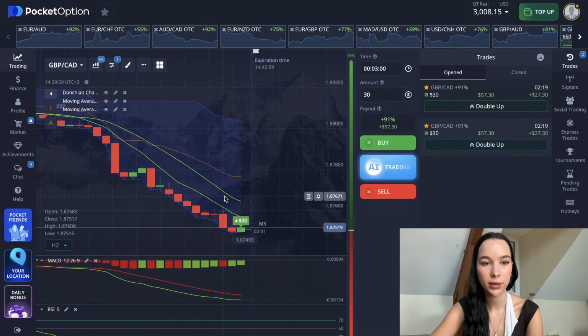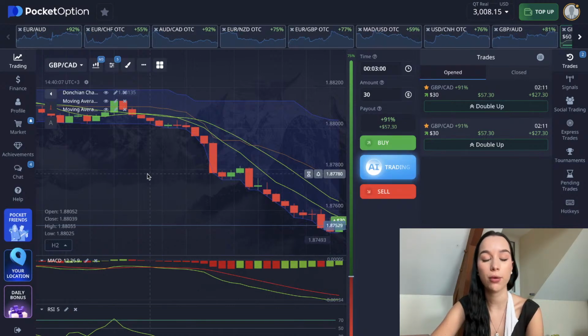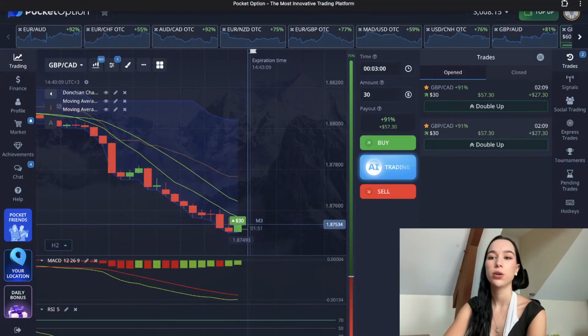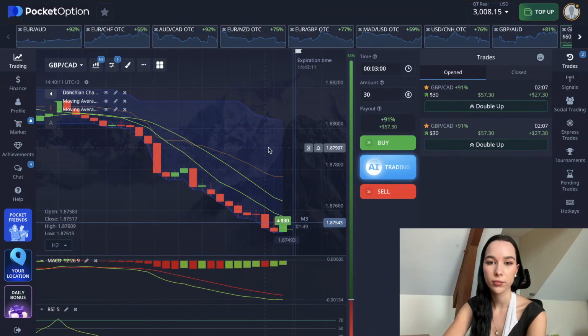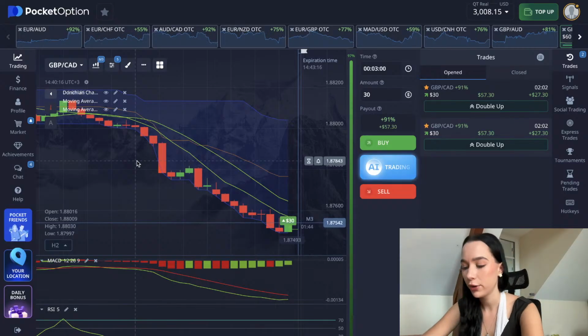It's going pretty well. It was a downward trend for a pretty long time, already 35 minutes, even more, even one hour. So that's why the sellers already lost all of their power, and now